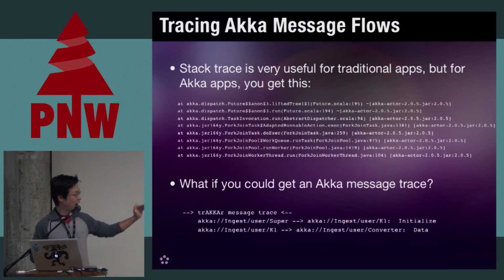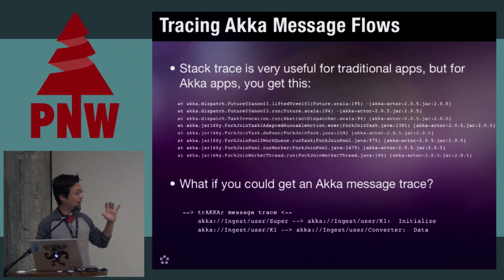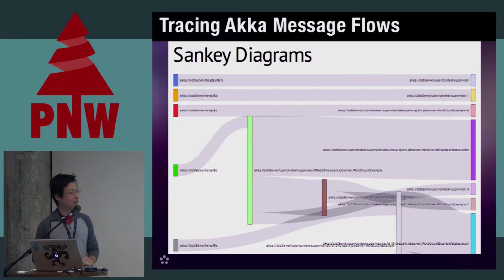So how useful would it be to have an Akka actor message trace where you can see where I've been, from the last actor to the current actor, and look at the message type? I think for Akka apps, this would be a super useful debugging aid. Or maybe you want something like this, a Sankey diagram with message flows. You can see on the left side the actors, which ones they flow to, and roughly how many messages are sent to each one. In our last hackathon project, we actually implemented something like this.